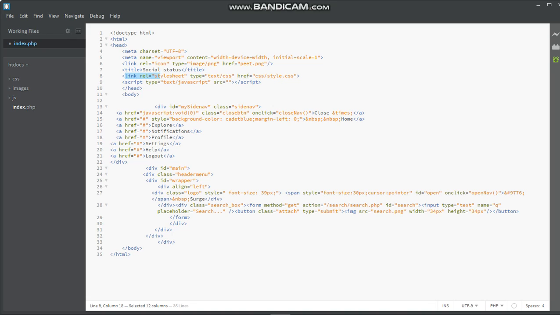Instead of link rel style sheet for the CSS, which means cascading style sheets, we use script type equals text/javascript, src equals, so then we're going to type js/javascript.js. Understand? So it's going to import javascript.js and put it in between this space.